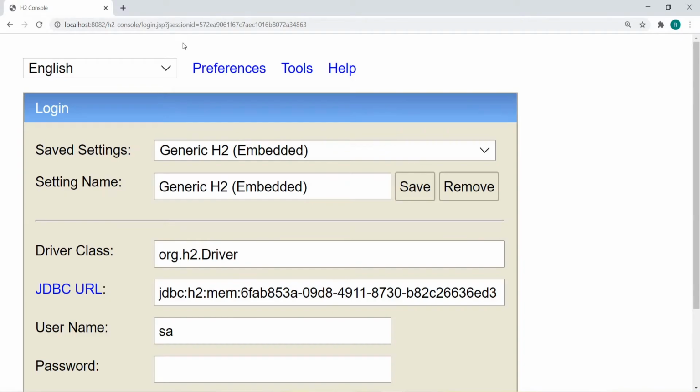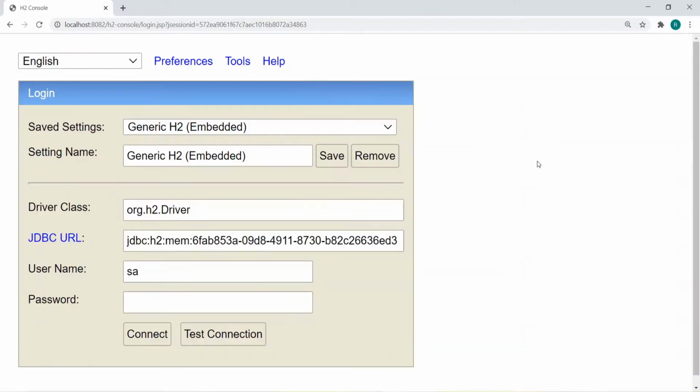If you see, it's connecting to the H2 database, and this is the console. Like we have worked with SQL Developer, the UI to connect to the MySQL database or Oracle database, and if you have used the PL/SQL Developer tool, that is also to connect to a database.